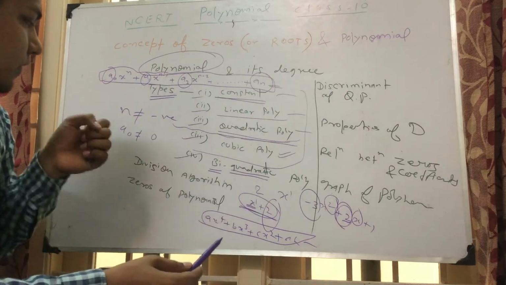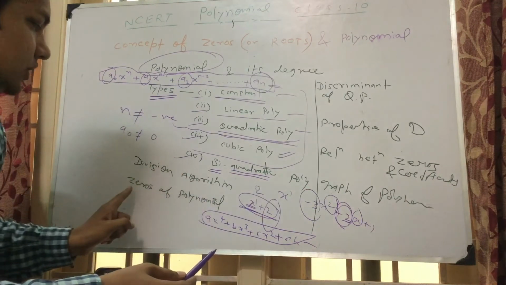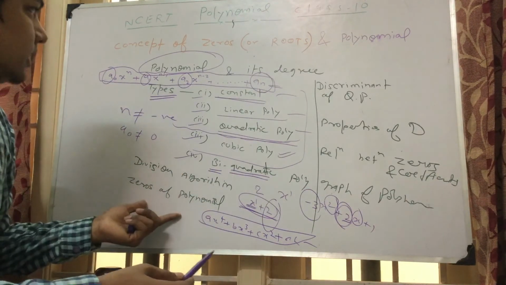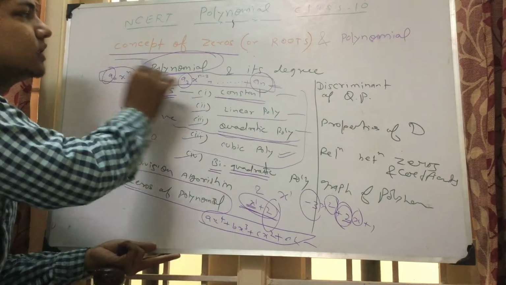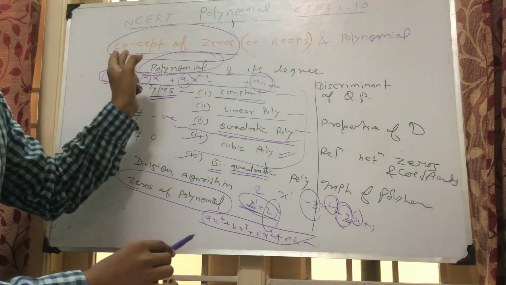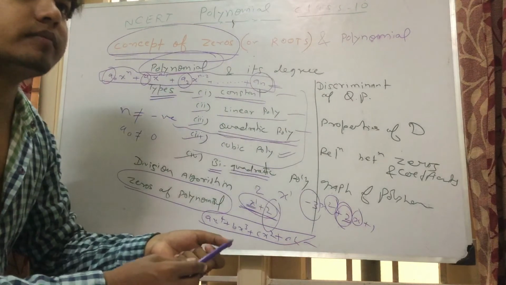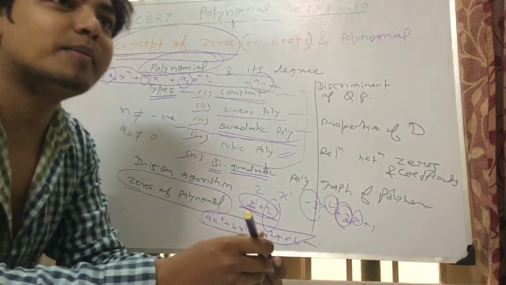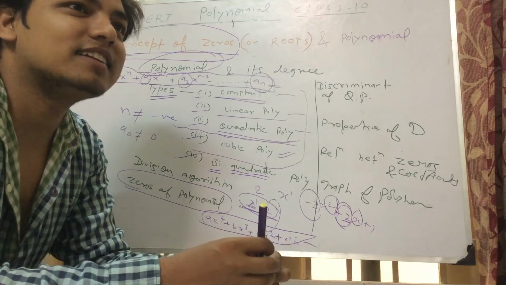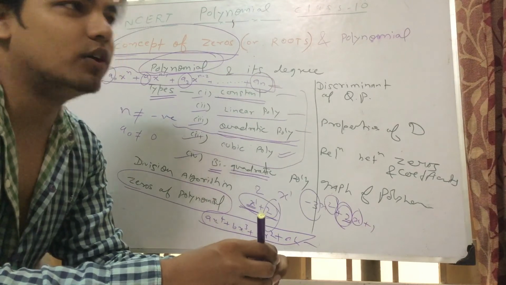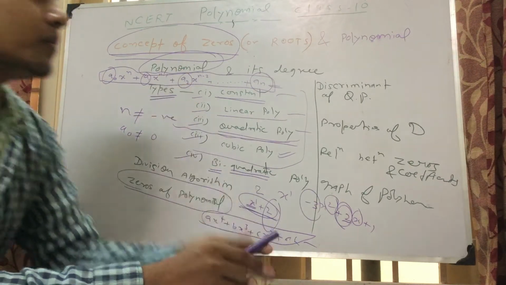Okay, after covering this, we have to discuss what is the division algorithm. This we will learn directly in the exercise. And now, what is the zero of a polynomial? This is actually the main concept we have to discuss here. That's why I gave the main heading as the concept of zeros of a polynomial. So mainly we have to learn the concept of zeros. Do you have any idea about zeros? The graph, wherever the line meets x. Okay, very good. Correct.